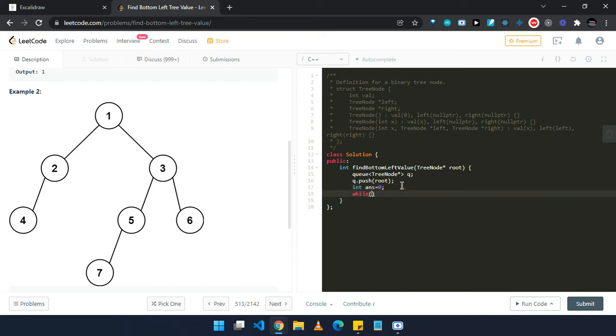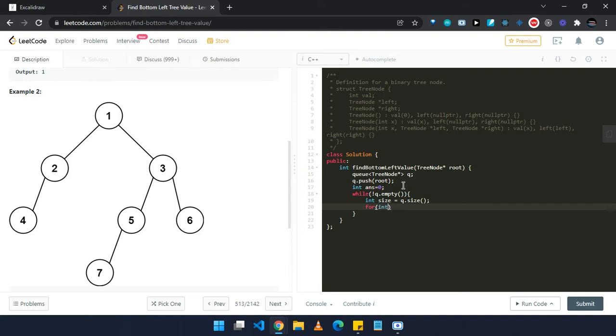And we need to run a while loop until our queue is empty, because we want to run for each level until the queue is empty. We will keep the size of each level in a variable so that we only pop off size number of nodes. So q dot size will give us the size, and we will keep it in a size variable.